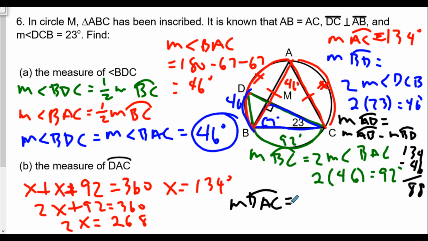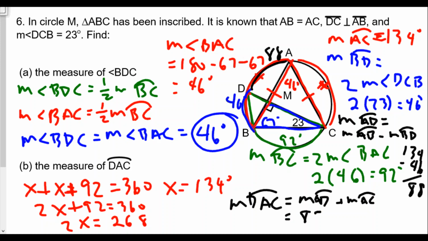is equal to, not 88 degrees though, no, that's not it. Arc AD is 88 degrees. So the measure of arc DAC is equal to the measure of arc AD plus the measure of arc AC. Whew, this is a lot of work here. And so we're going to get, in this case,